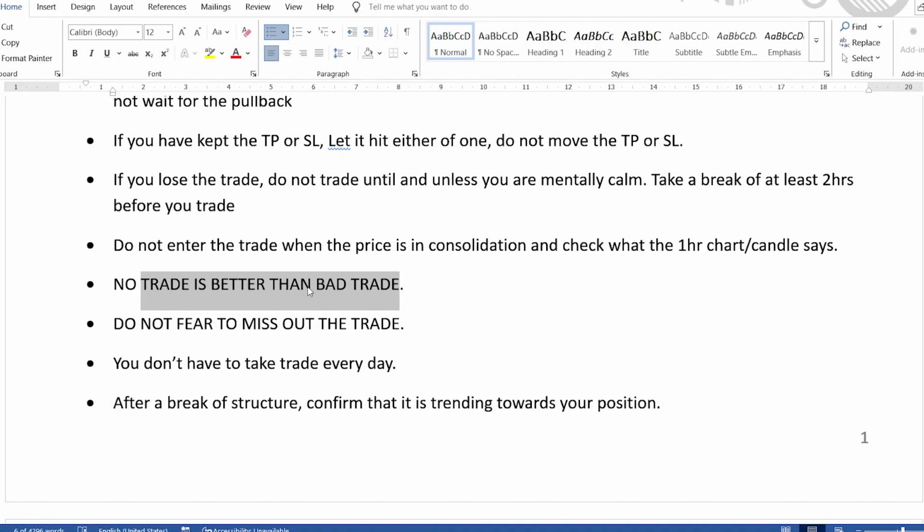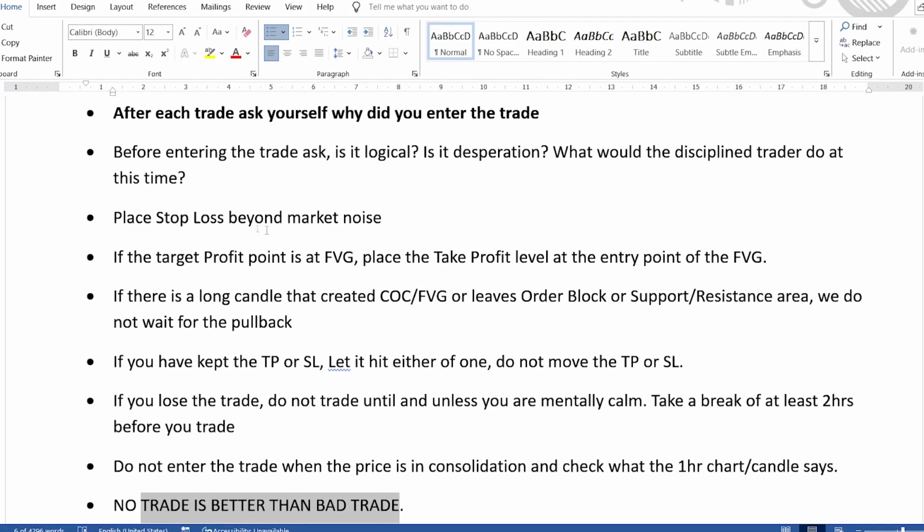FOMO will kick in. But you see that, and you will be afraid to take a trade. So at that time, what you have to think is that do not take the trade if you think that it may go against you. Like here,